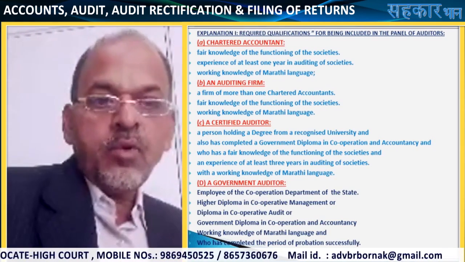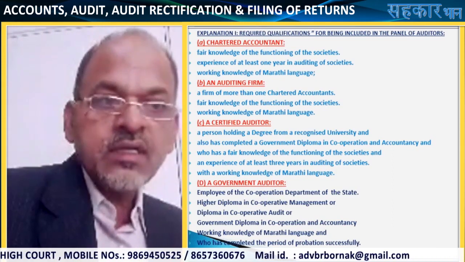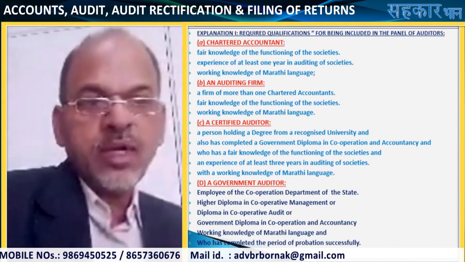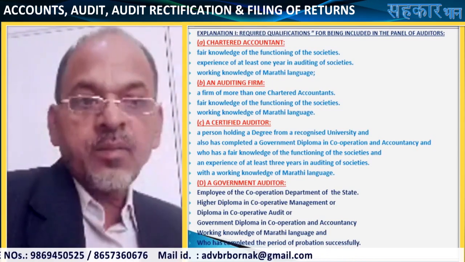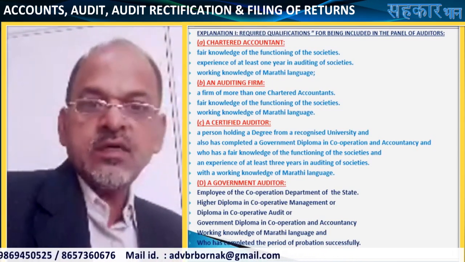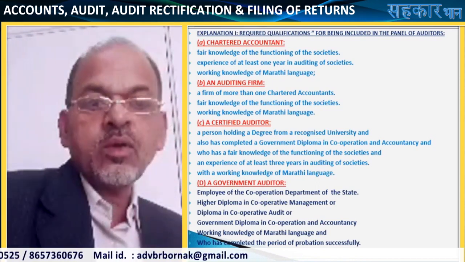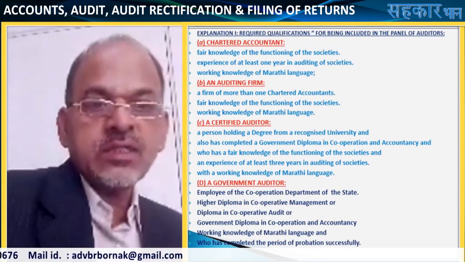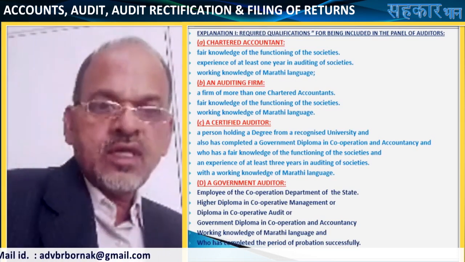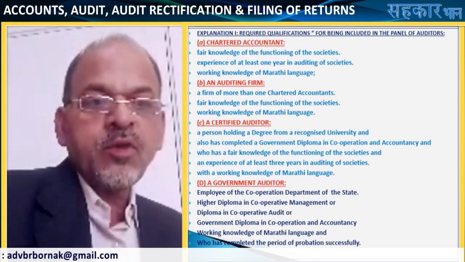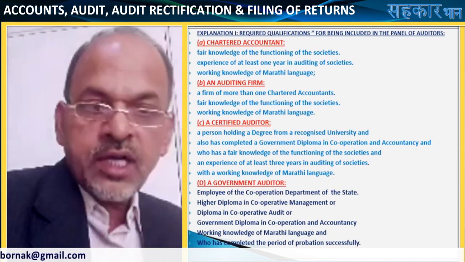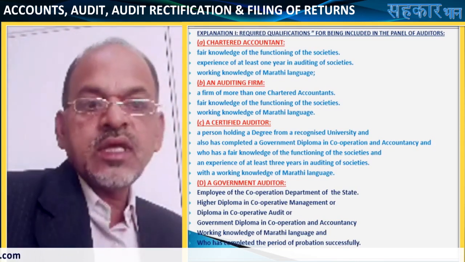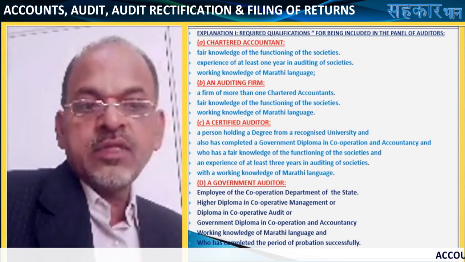Employee of the cooperative department of the state, means the person who is an employee of the cooperative department of the state, and he possesses higher diploma in cooperative management, or diploma in cooperative audit, or government diploma in cooperation and accountancy, that is GDC and A. Okay, besides being an employee of the cooperative department, any of these three diplomas, he must have at least one diploma,